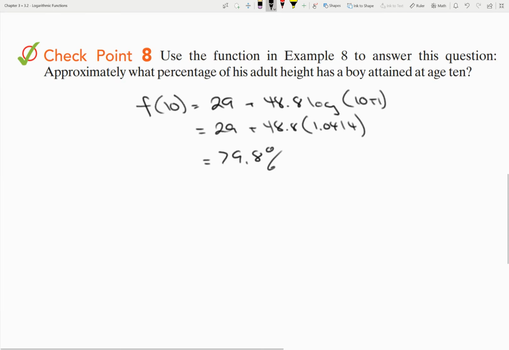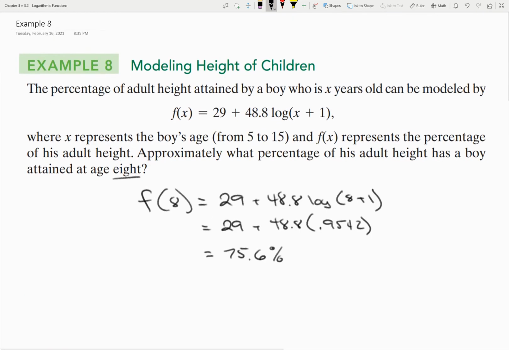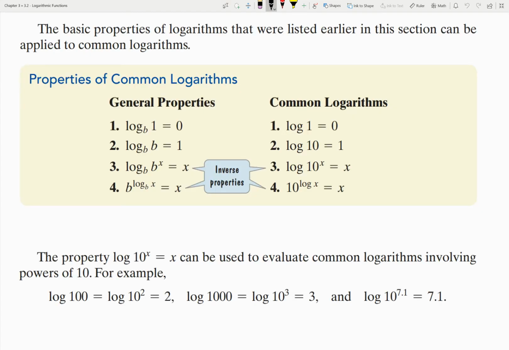And we use these logarithms, right? Because this works for this type of function, where you grow very fast and then you sort of taper off. Eventually, this function wouldn't work anymore, which is why it said it was only defined for age 5 to 15. But yeah. So the basic properties of logarithms that were listed earlier in the section